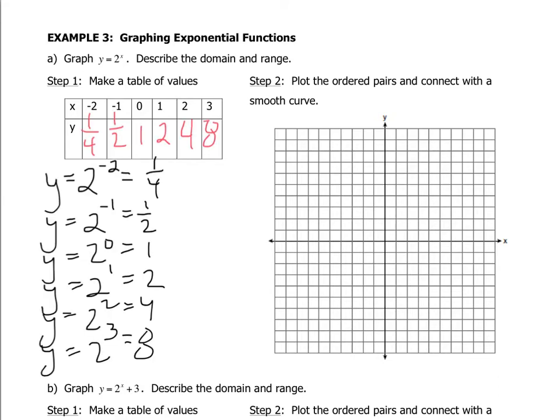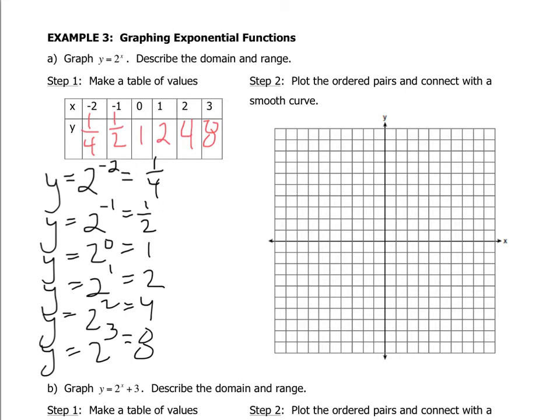When I plug in the different numbers for our exponent, it's going to affect each of the outputs, obviously. When x is -2, we get 1/4, -1 gives us 1/2, 0, 1, etc., going through the table. So step 2 is to plot the ordered pairs and connect with a smooth curve. Again, these should not be a straight line. This is an exponential function based on the common factor that we are seeing there of times 2. And so we will not get a straight line,